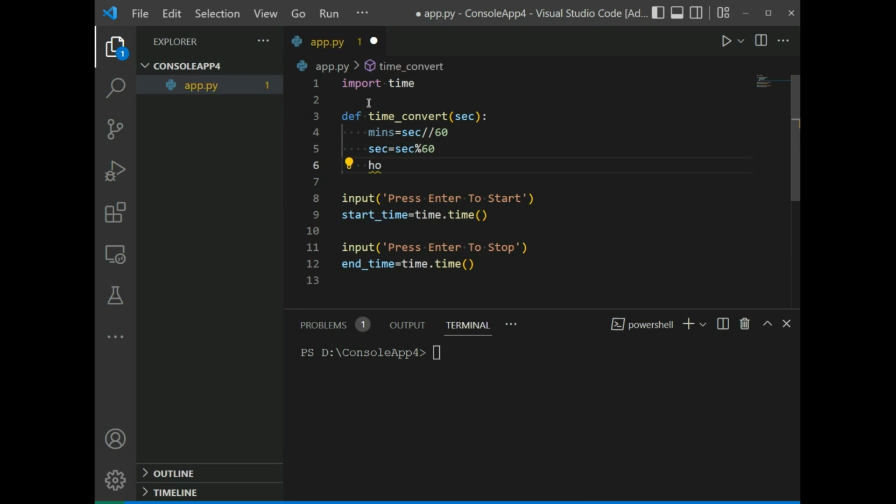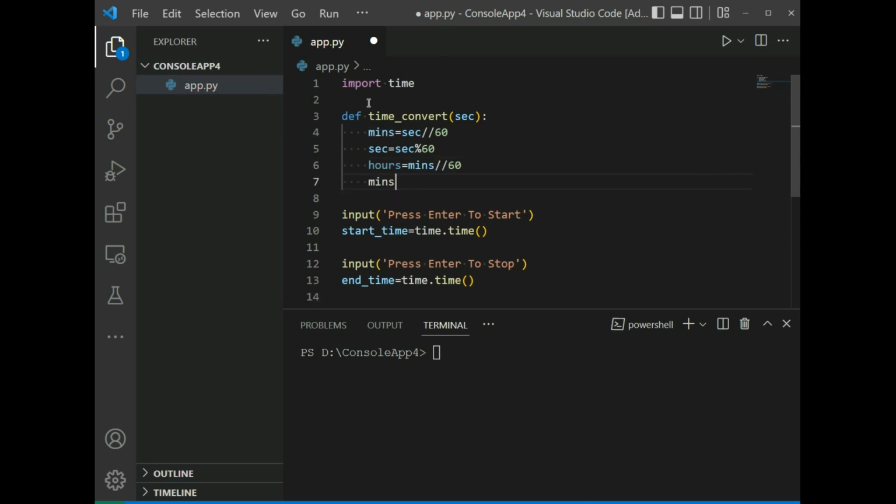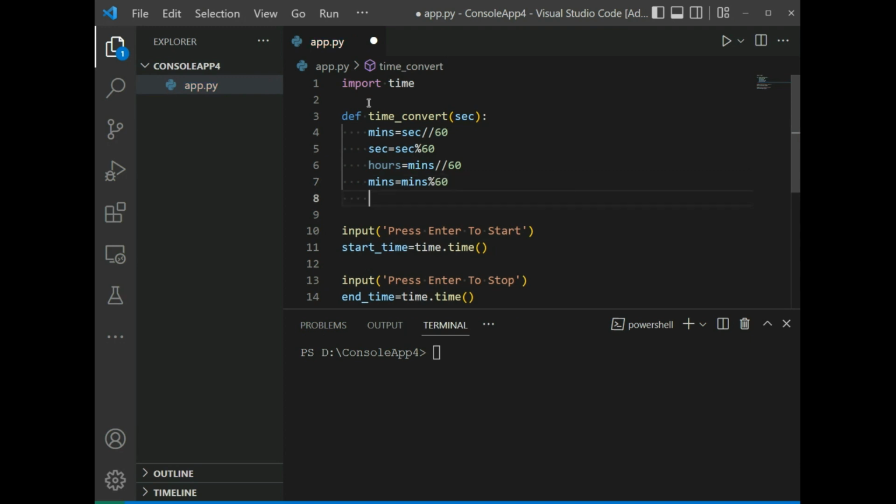Hours is minutes divided by 60, and minutes is minutes mod 60. So print